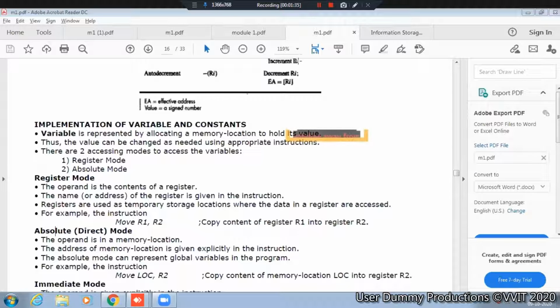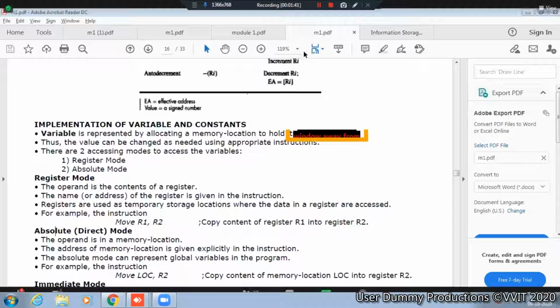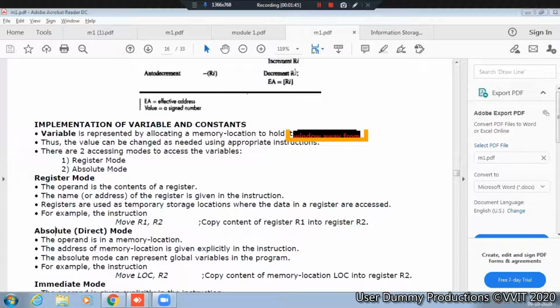So in immediate mode, where is the operand? The operand is in the instruction. In register mode, where is the operand? In the register. So in move R1, R2, R1 is the operand here. The content of register R1 is moved to R2.